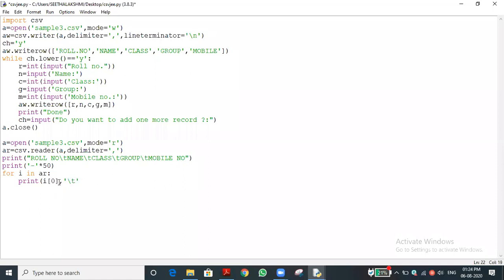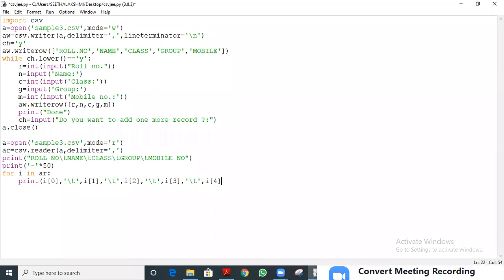Next, i of 1 to print the name, then next i of 2, giving the comma. i of 2 is class. Next again \t, i of 3, then \t, then group. i of 4. That's all.